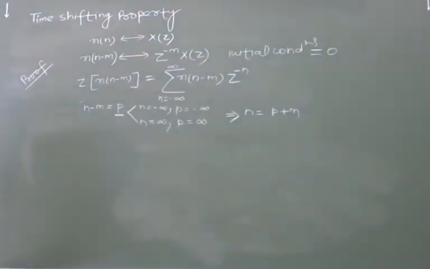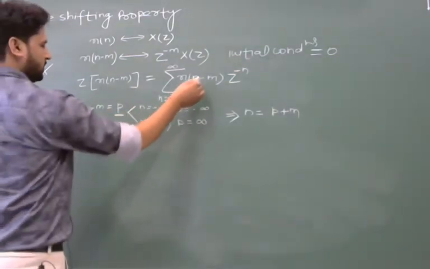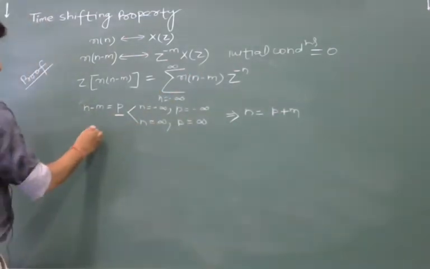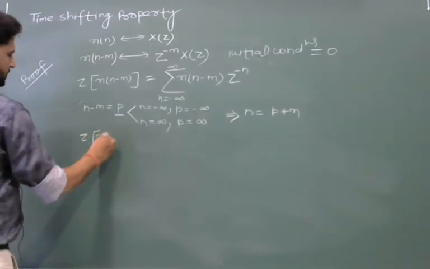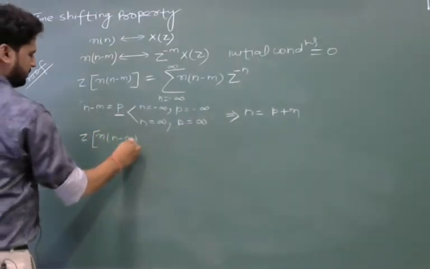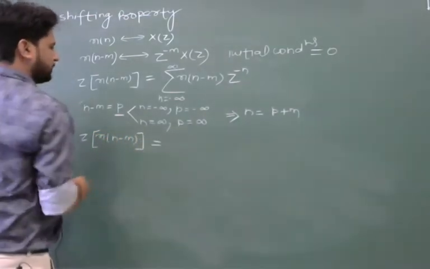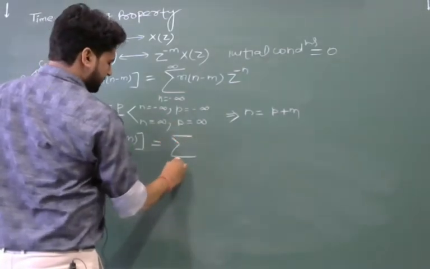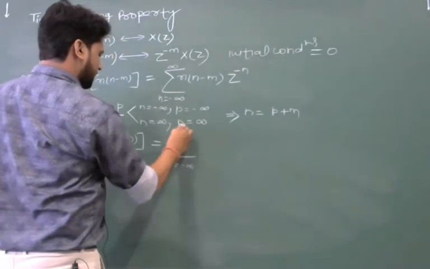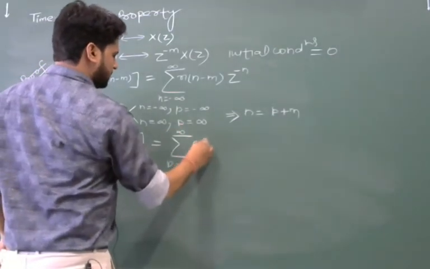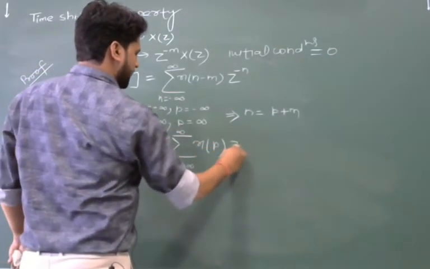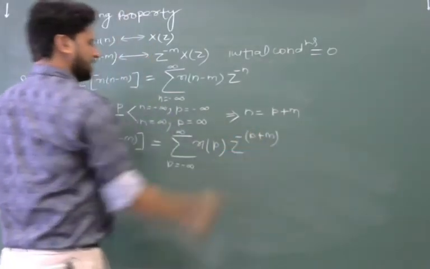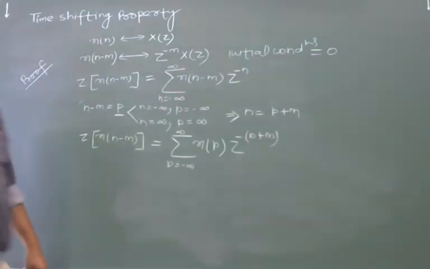Then put all these values in this given relation, then the z transform of x of n minus m will be equal to sigma p from minus infinite to plus infinite x of p z power minus p plus m. In place of n here I will write p plus m. So this will be equal to